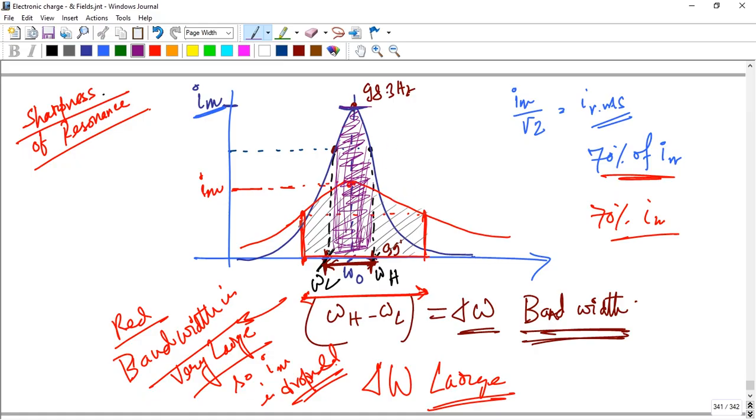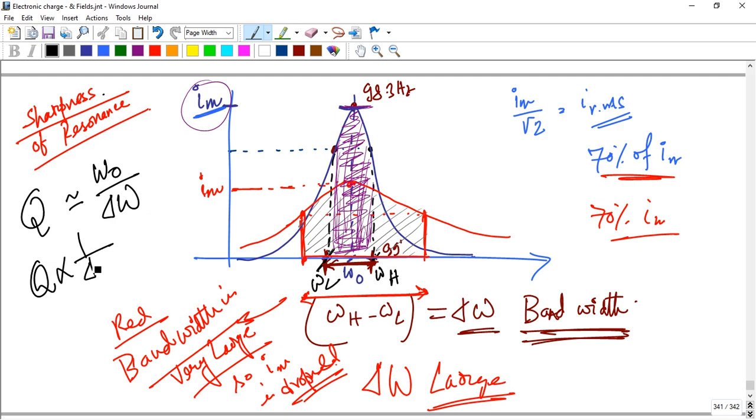More sharpness means more current, and keep in mind, more current means good quality sound. So here is the quality. The quality factor Q is equal to omega naught by delta omega. So Q is inversely proportional to delta omega. If delta omega is large, the quality Q of the circuit